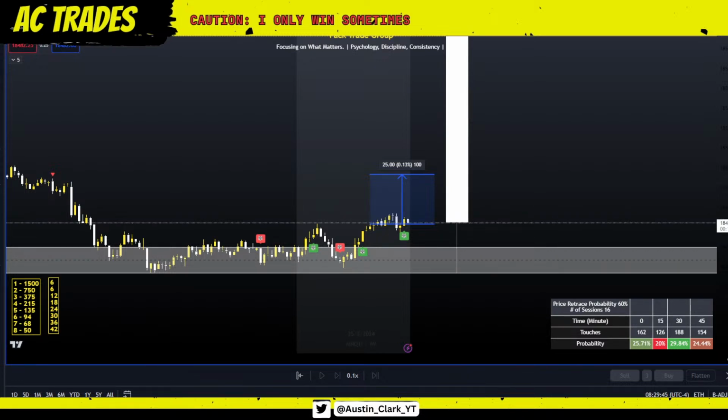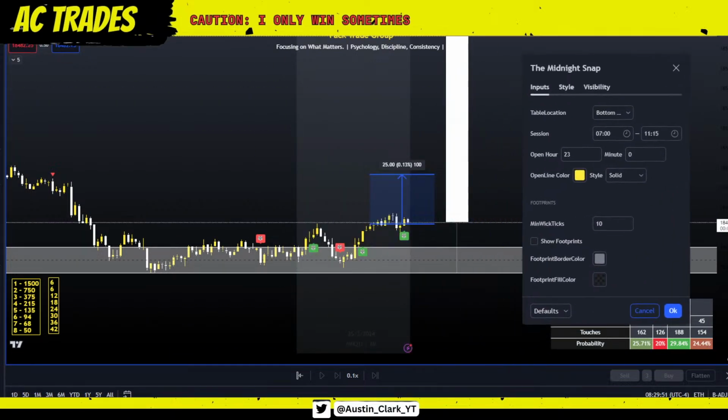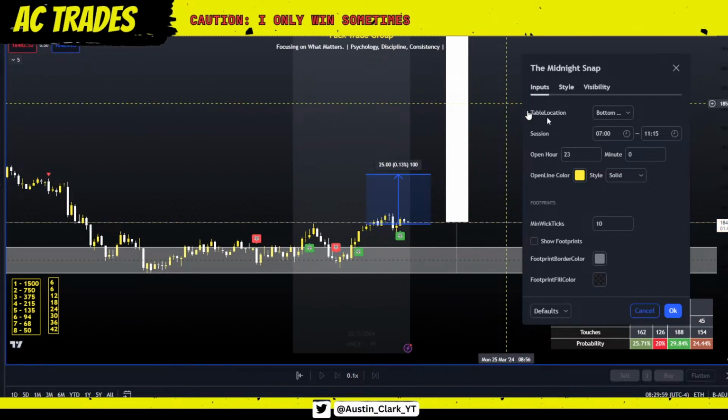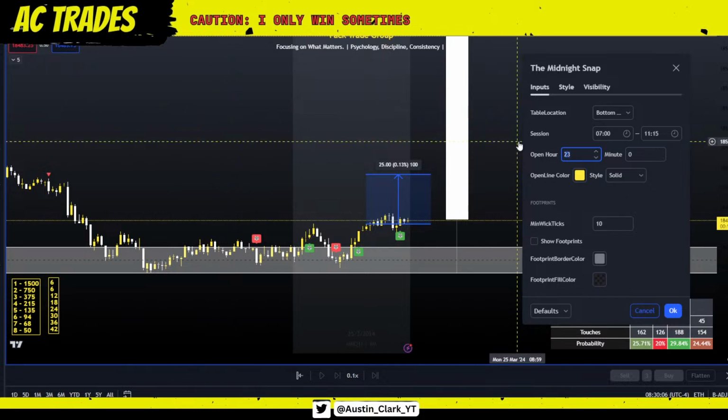Can you share it? Yes. So these are my settings, but just understand this is because this is a futures contract. The data feeds are different than a CFD. You got to do an hour earlier than what you're trying to do. So where this is the midnight open and this is futures, I got to do an hour earlier because it's doing the close of the candle instead of the open.